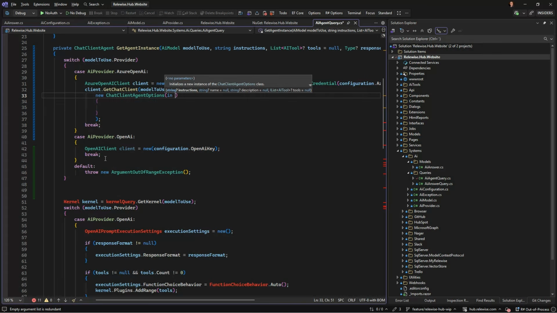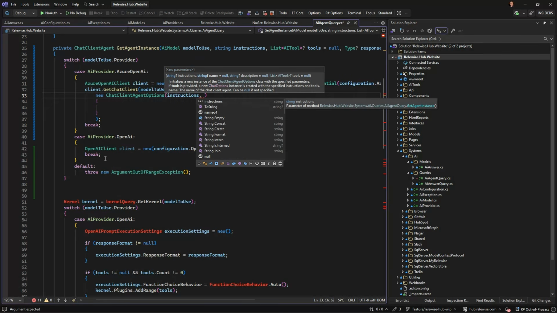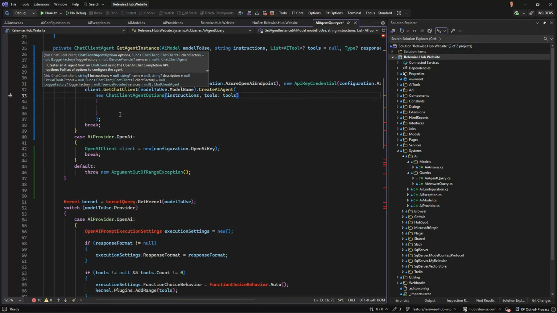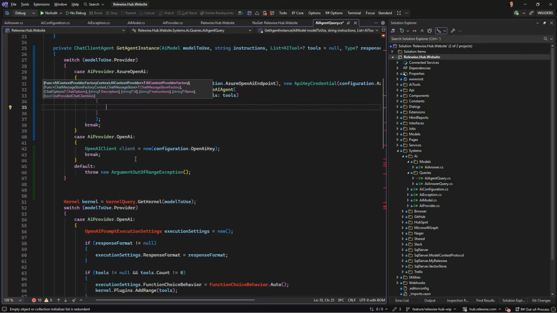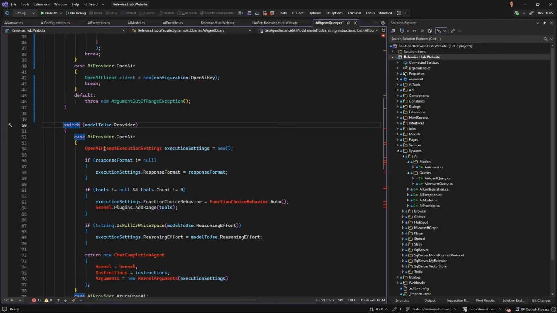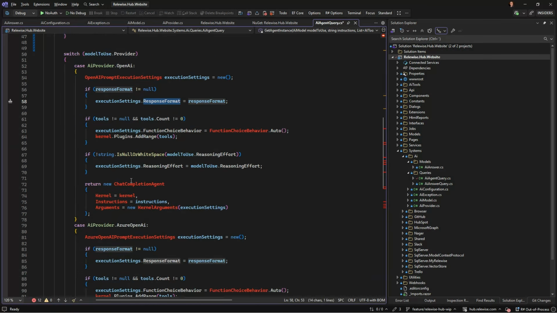So we had the instructions. Name is optional, so we're just gonna use the tools and put in the tools I'm providing here that we can hopefully do. And let's see, this is not needed. Yeah, we have a similar switch, so it actually makes sense. So prompt execution. So the response for that is the annoying thing here.